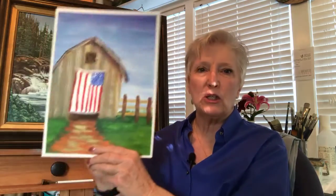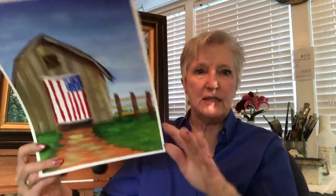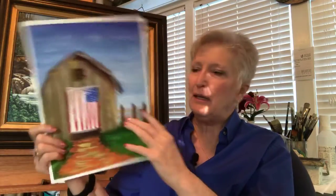And then we'll be doing this start to finish, but you'll learn the grass, how to do this fencing, how to put the path in there to where it looks like it's an actual path, and then painting that fun flag on there. That was a lot of fun for me. So the barn wood will be in the fundamentals. The painting itself will be in the painting classes,